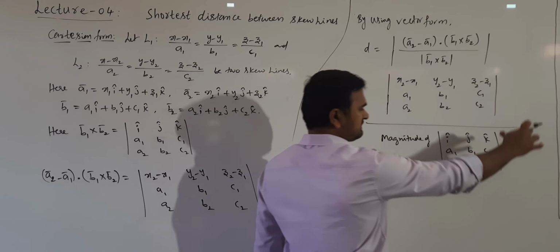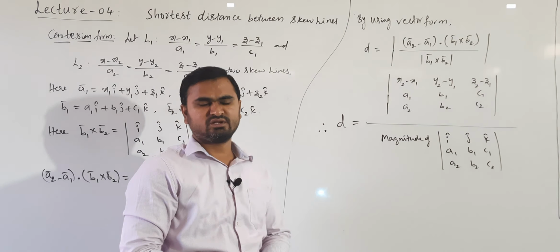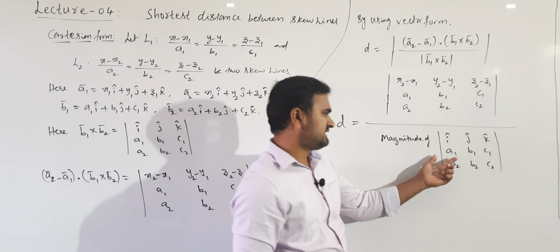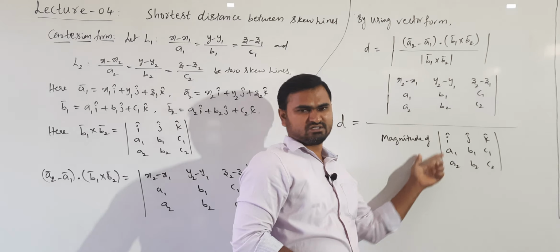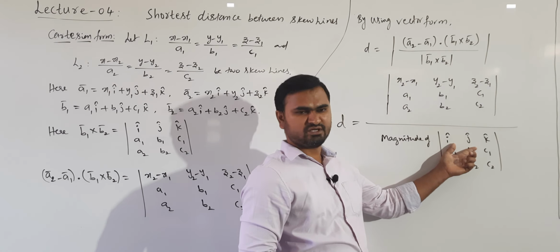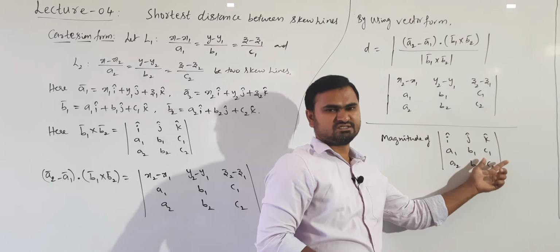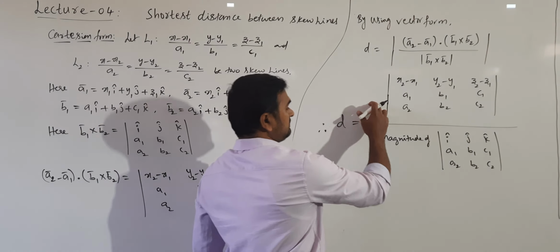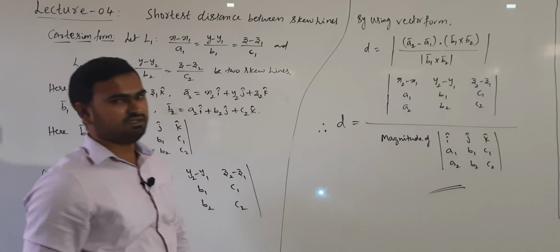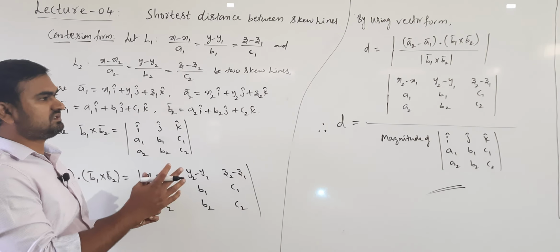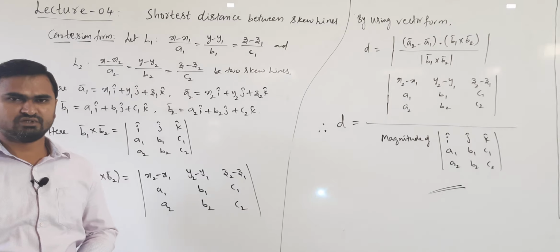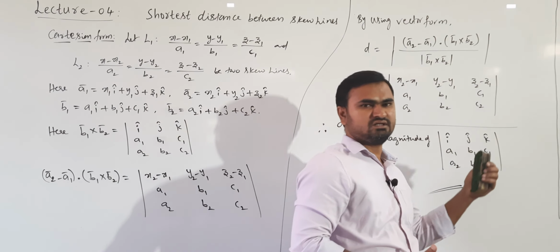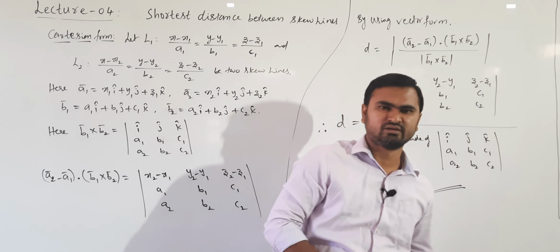So expanding this and writing in terms of magnitude, the formula will be complex. Okay. So instead of remembering that expanded complex form, better we remember this in terms of cross product. So we know how to evaluate the cross product by taking determinant. We will get in terms of i, j, k, that is a vector. So we have to take a magnitude of this one. Okay. So this is the formula for distance between the skew lines in a Cartesian form. Okay. So up to here we have to derive the expressions. So distance between skew lines we are evaluating both in a vector form and also in a Cartesian form. Okay. Then only it will be complete.